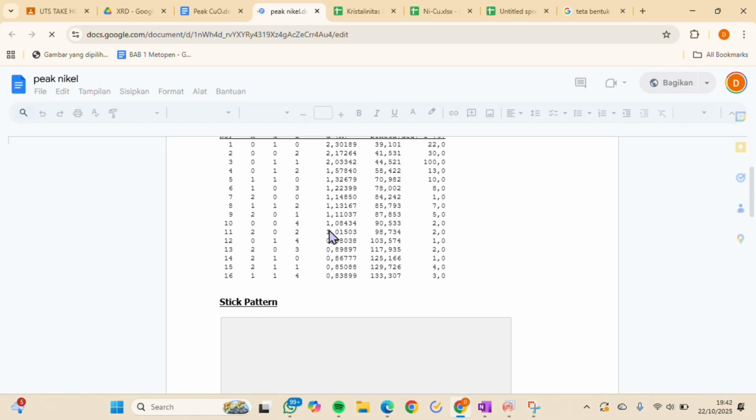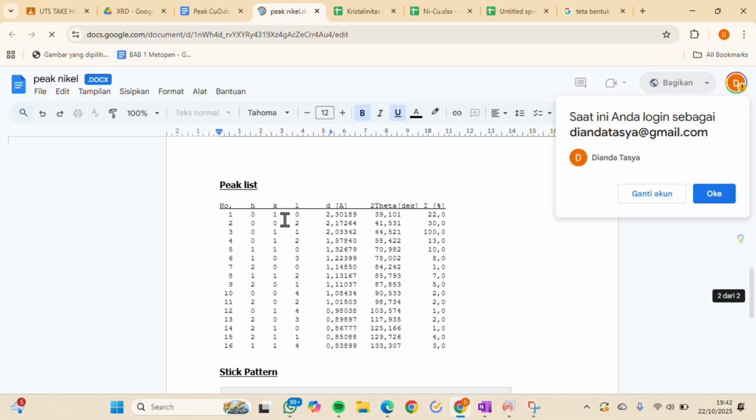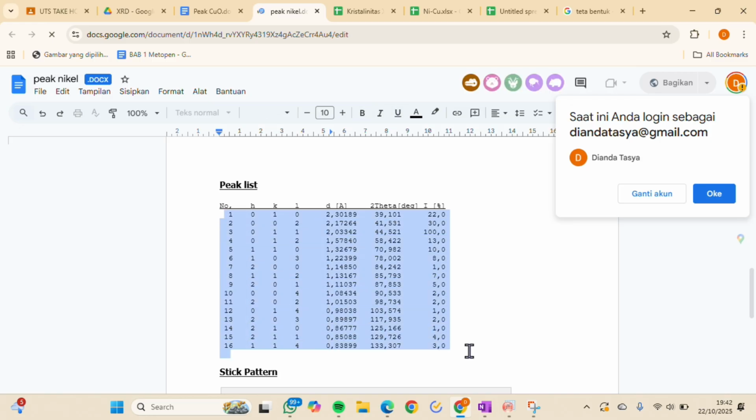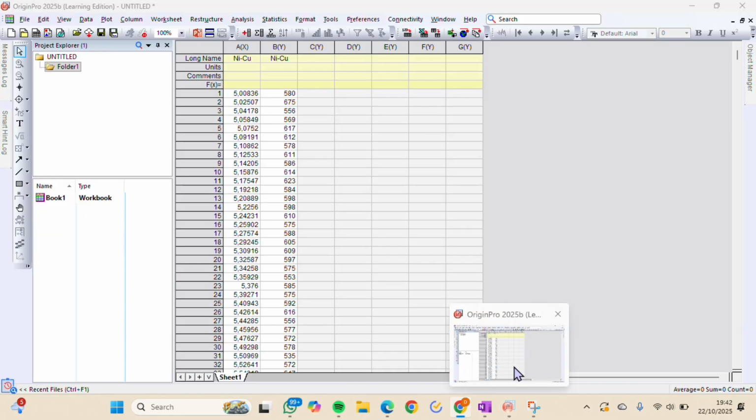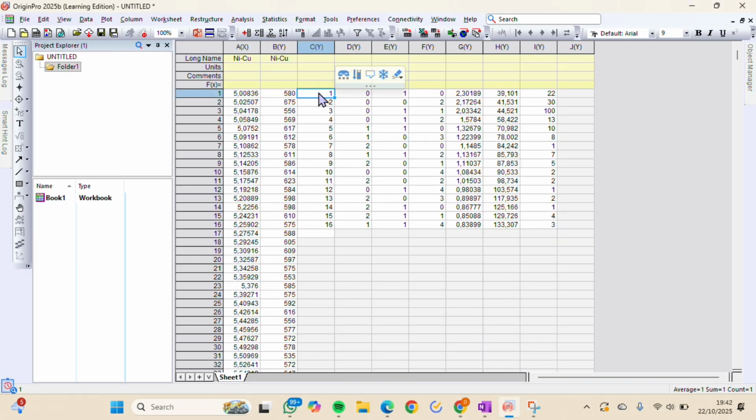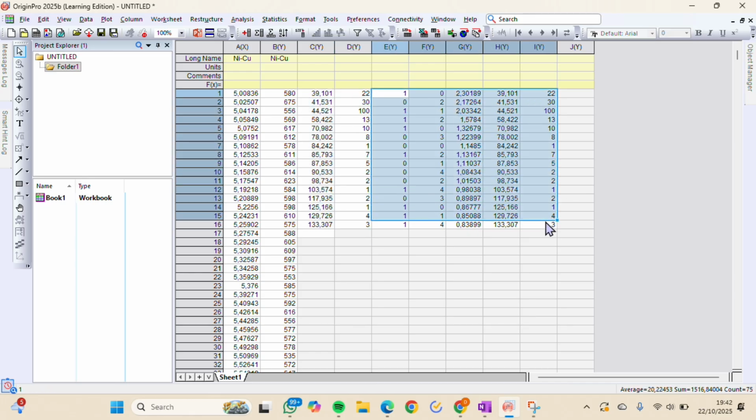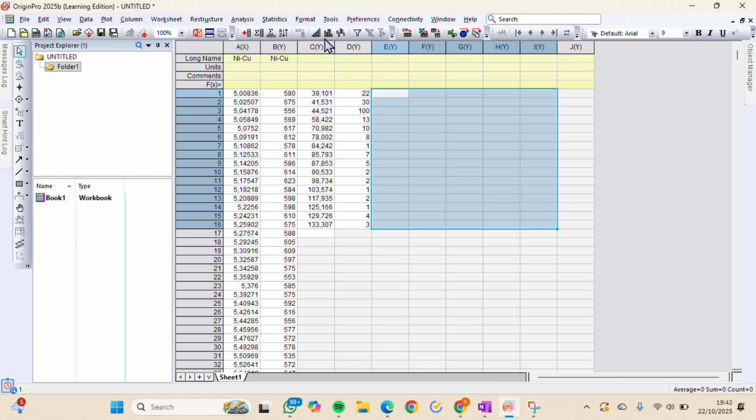We copy the peak list and then we go to the Origin and we paste the data, and we also copy the two last data, and then we copy paste in the C and D column, and then we delete the data that we do not use.